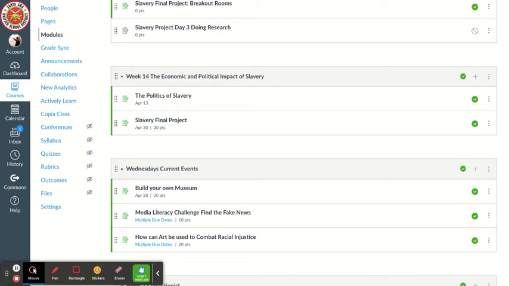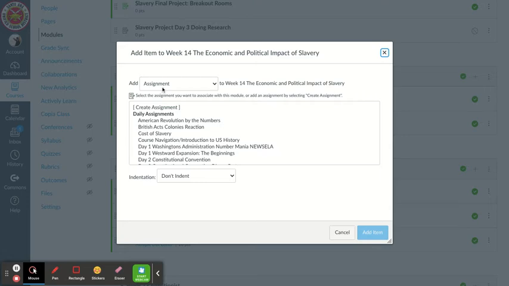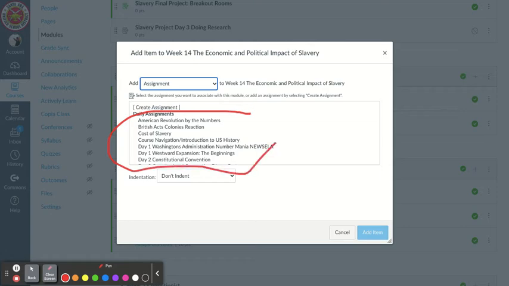So for example, if I click on this, I can add an assignment, I can add a quiz, I can add a page, I can do a lot of different things to the module, but let's focus on the actual assignment, okay? I actually have a list of assignments because this is my course that's already been running, and so I've already created assignments. So I could actually retrieve some of these assignments if I choose to. But let's start off with